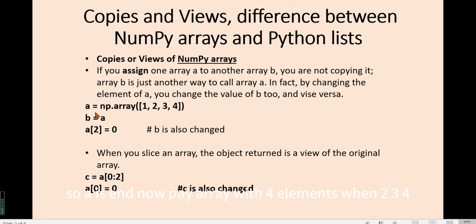So A is a NumPy array with 4 elements: 1, 2, 3, 4. Then if we assign A to B, then B and A actually are the same object under the same view of the object. So if we change the value of the third element of A to 0, then the corresponding element in B is also changed. And when you slice an array, the object returned is a view of the original array